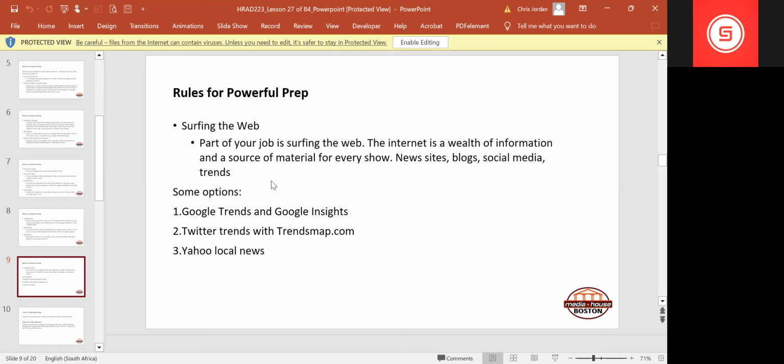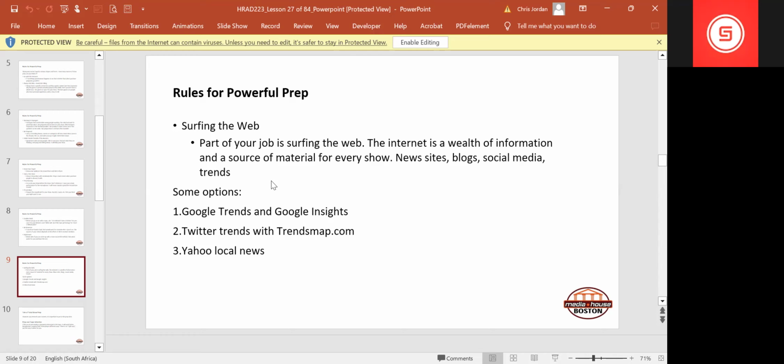Anyway, okay, surfing the web. Part of your job is surfing the web, and predominantly on your socials, ideally, right? And do make sure that in your socials, you mark off and categorize certain things as well. That's what X is there for, so that you can build your lists quite nicely, so that you can sift through like-minded content. So only politics, only celebrities, only food, only fitness, only whatever it is, so that you don't have to keep on scrolling, and scrolling some more, right?